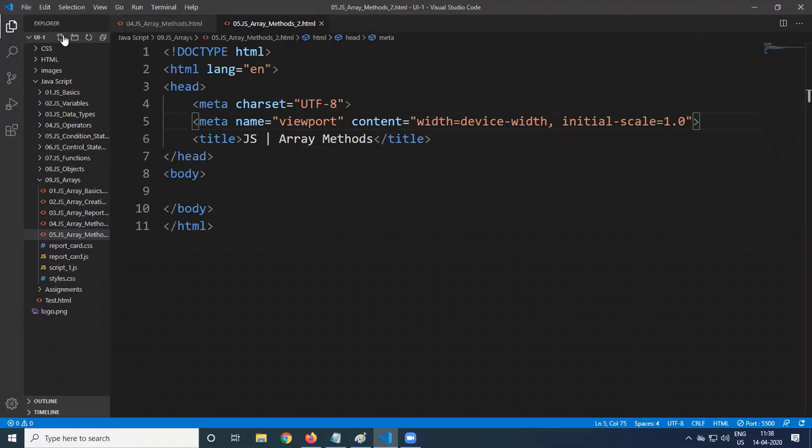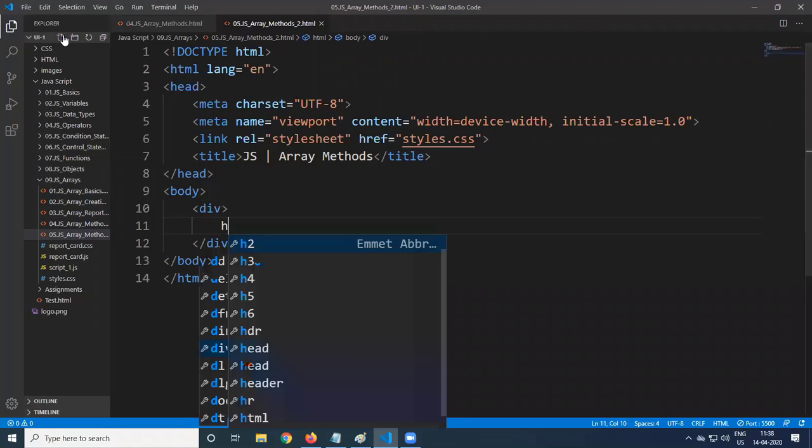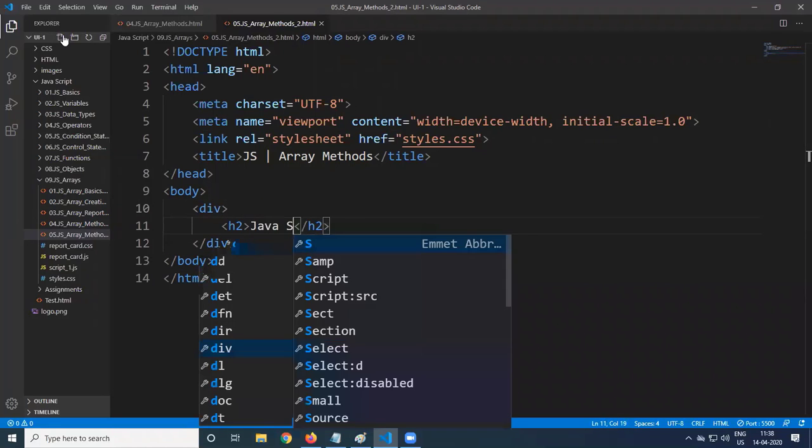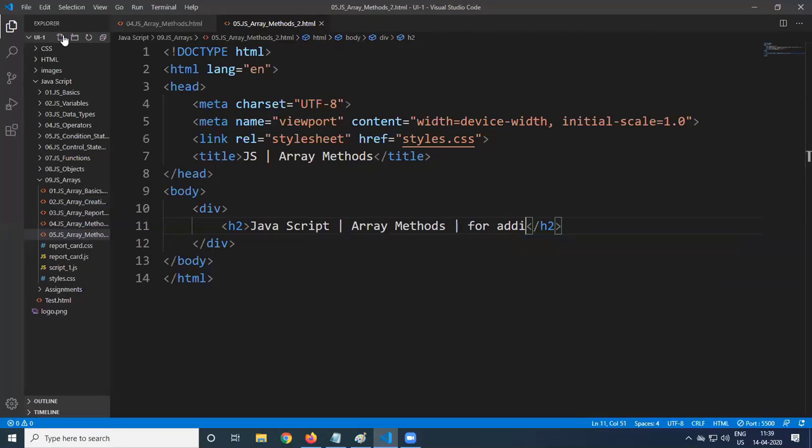So we'll include link, style sheet, styles.css. So we got a division, H2, JavaScript array methods for adding and removing elements. So array methods for adding and removing elements from the starting and from the end.